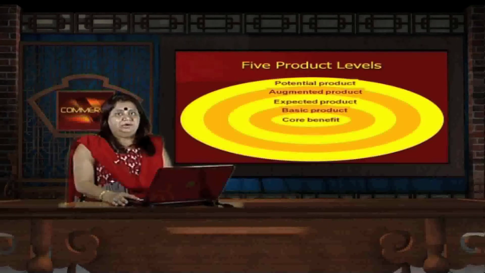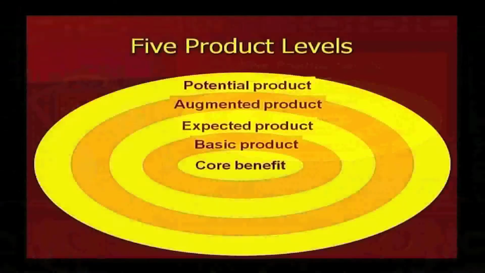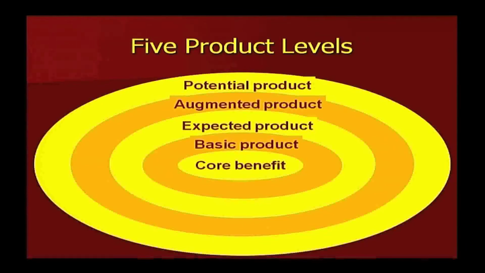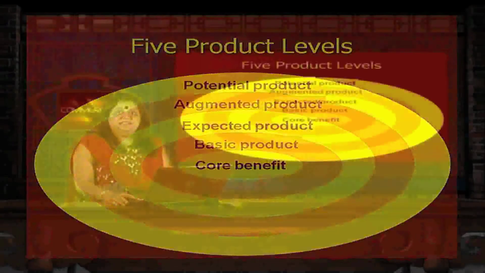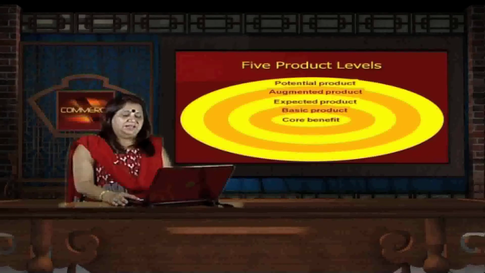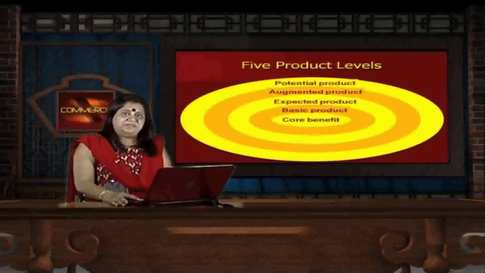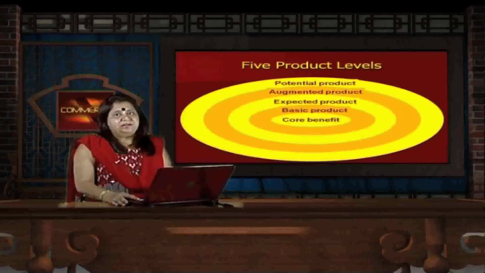Basic product is the total product in the form of all attributes associated with the functions of the product. Expected product is the basic product which is expected in the minds of the customers. It is the extra benefits given to the customers. Augmented product is beyond basic and beyond expected. It is more benefits added so that the customers get the pleasure of getting associated with the product brand and status. And what is the potential product? It is what actually crystallizes sales in the market and makes customers buy the product, the benefit for which the customers would pay cash.